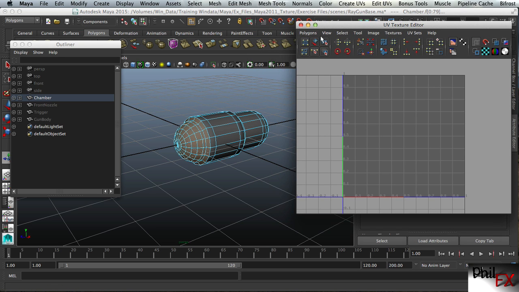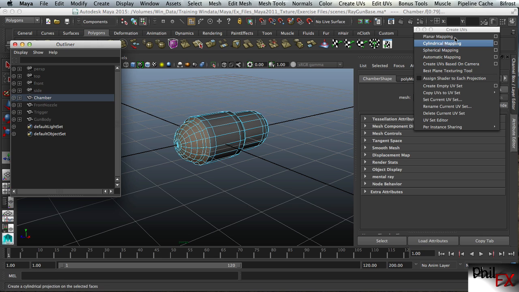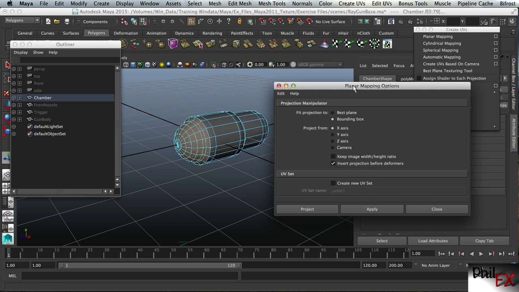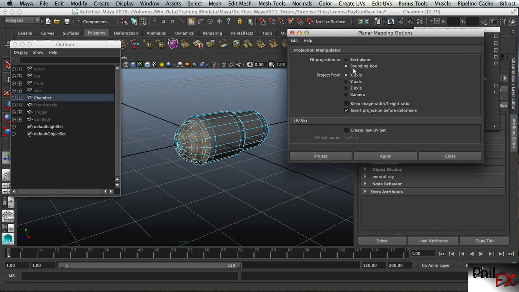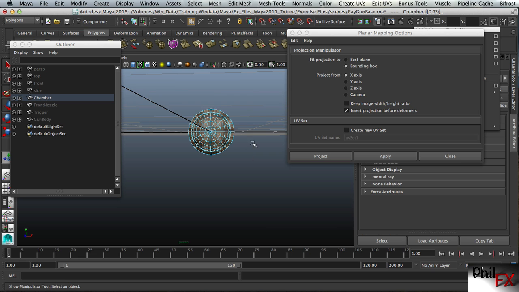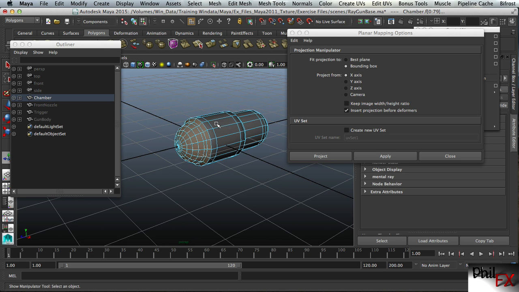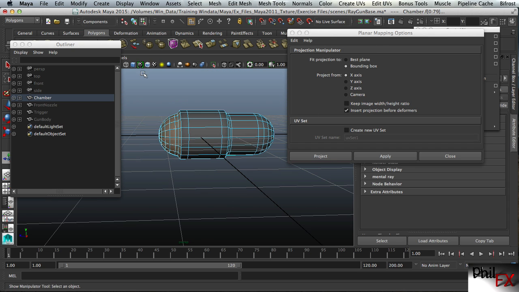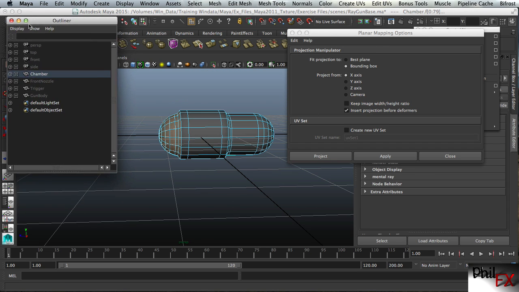And then what we're going to do is I want to do a planar mapping. So let's look at our options that we have by clicking here, and I can do a planar mapping. Projection, you want to fit the projection. At this point in time, bounding box means it will fit within the extent of the top and bottom and left and right of the edges. It's going to be a plane,